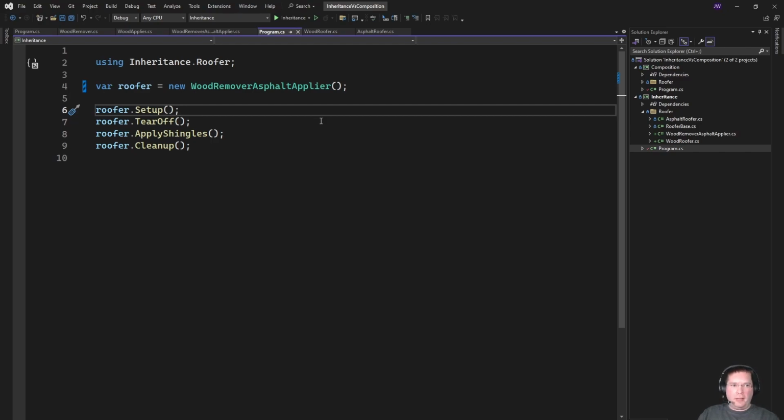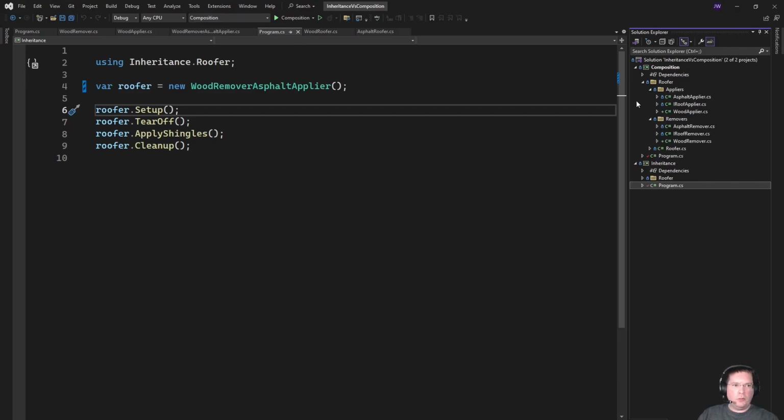a whole other class that inherits from the roofer base. If instead it was the other way around and there was wood on top and asphalt on the bottom, we end up with having to create many classes, whereas composition allows us to mix and match. And so instead of getting into the nitty-gritty details, hopefully everybody understands what I mean by creating new classes. You would have a long list of classes here of all the different combinations you could possibly need. Up here in the composition project, what we can do instead